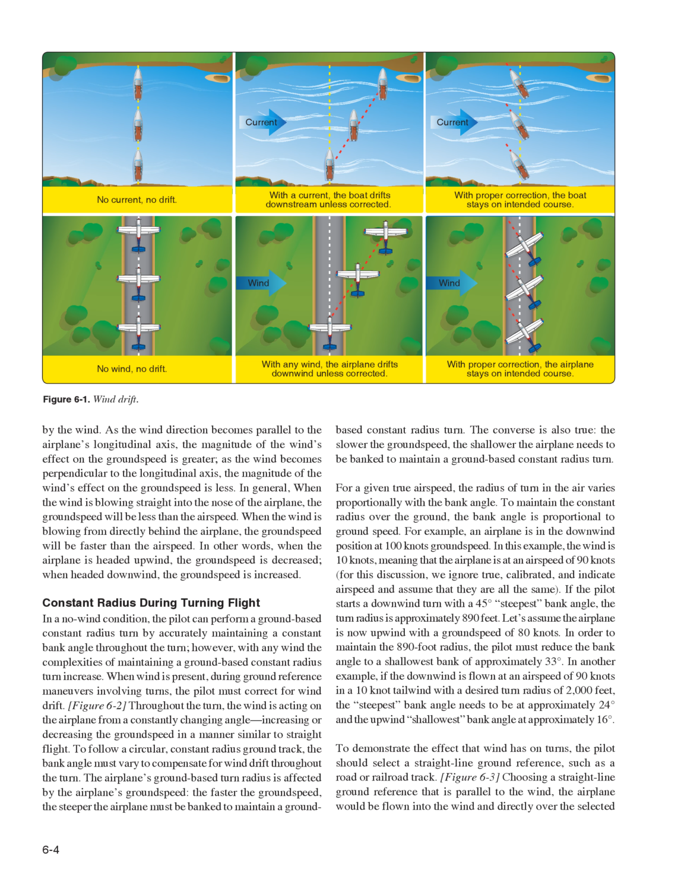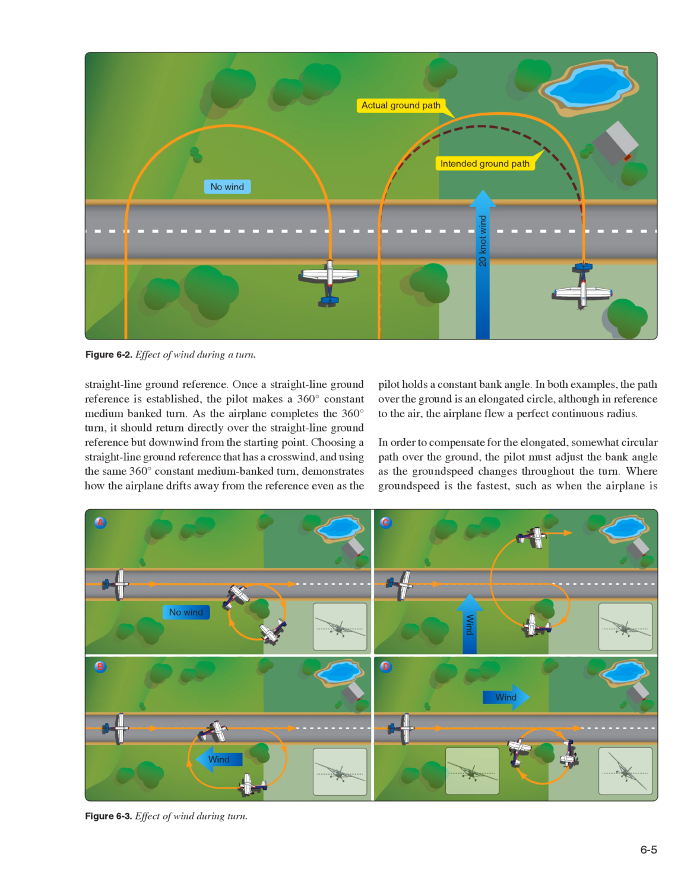To demonstrate the effect that wind has on turns, the pilot should select a straight line ground reference, such as a road or railroad track. Figure 6.3. Choosing a straight line ground reference that is parallel to the wind, the airplane would be flown into the wind and directly over the selected straight line ground reference. Once a straight line ground reference is established, the pilot makes a 360 degrees constant medium bank turn. As the airplane completes the 360 degrees turn, it should return directly over the straight line ground reference but downwind